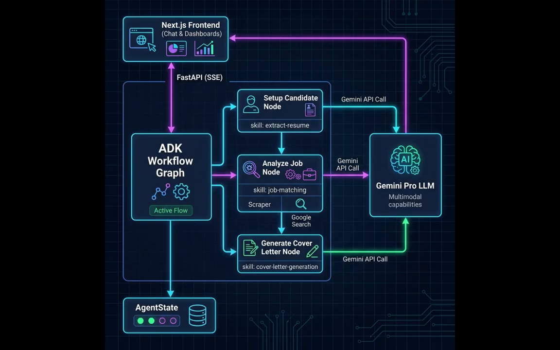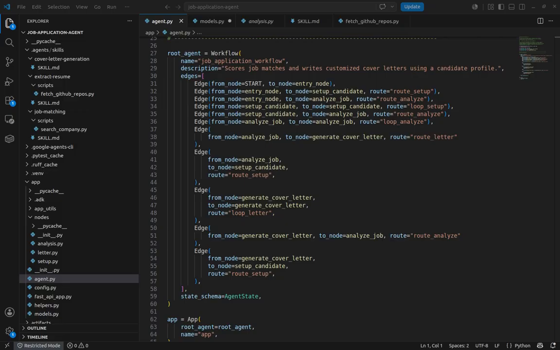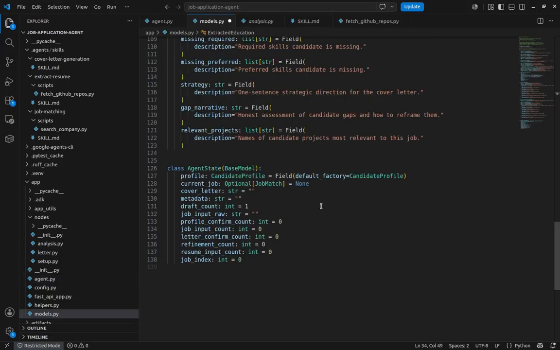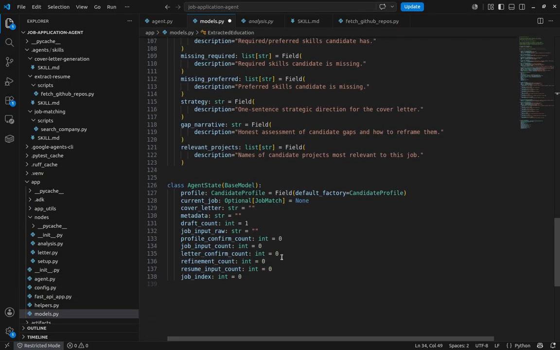All the while, the state is shared between the nodes in the agent state, defined as a pydantic model. I built this using ADK. Here you can see the workflow definition and its routing logic. Notice how we use strict pydantic schemas for the data contracts. When a node finishes an LLM call, it returns a strongly typed, validated model back to the agent's agent state memory,